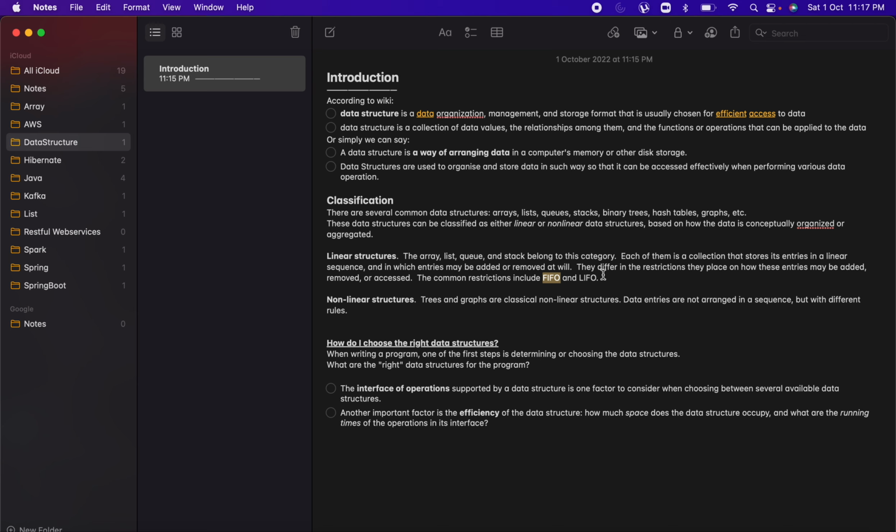A stack is like a pile of CDs, keeping one after another, or a stack of books. When we keep lots of books on top of each other, it becomes a stack of books. Whatever book you keep last will be accessible first. So that is called last in, first out. Non-linear data structures: trees and graphs are